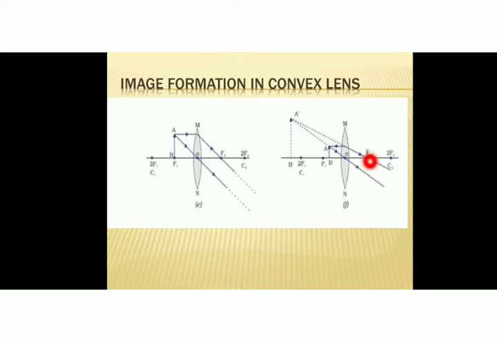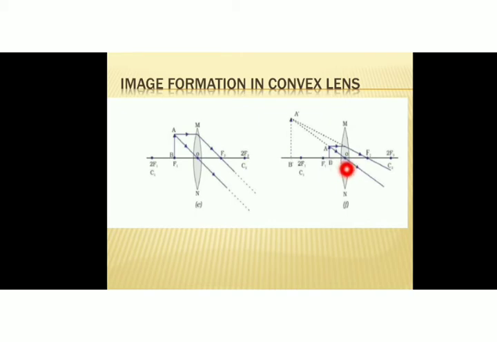Now consider the last case. Here, what is our object? Object is AB and it is situated between focus f1 and optic center O. Whenever the object is between f1 and optic center, we can say the object is within the focal length of the lens, right? What is the focal length? Just like our mirror, focal length is the distance between the optic center and the focus. So this is the focal length, distance OF1. The distance between O and F1 is the focal length of the lens. And now our object AB is within the focal length of the lens, between F1 and optic center O.